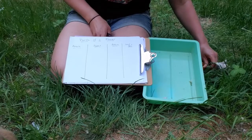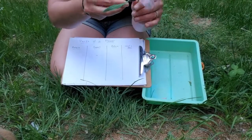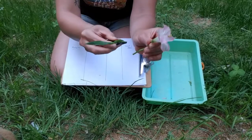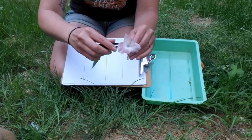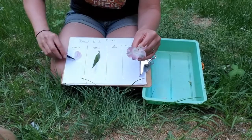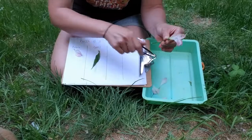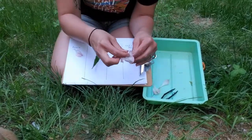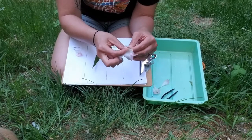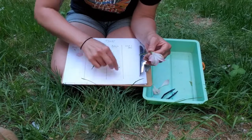So I'm going to grab one more flower and we'll do this together again. So we're going to start with our sepal. Remove that. We're going to remove our petals. And then on our kindergarten or first grade chart, we are actually just going to come in here and grab that pollen, rub it in,